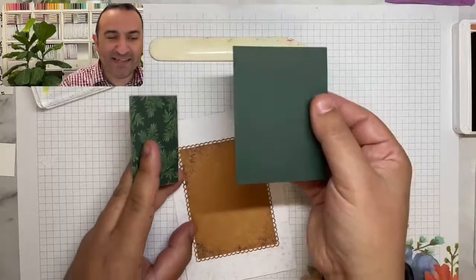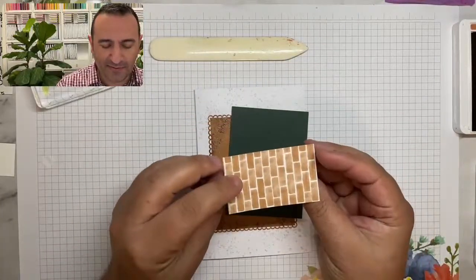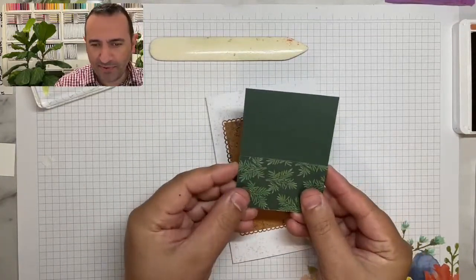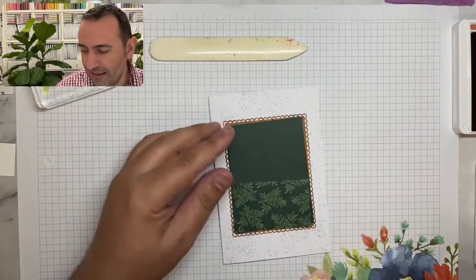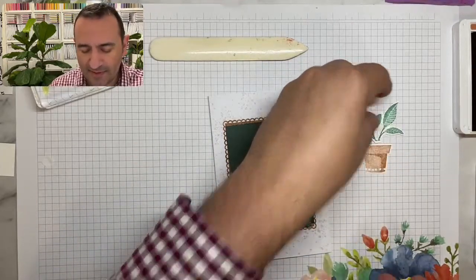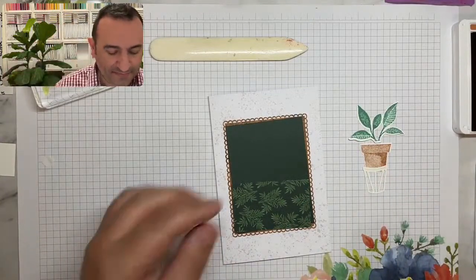So, I'm going to use this piece that I cut earlier that we didn't use. And I have this piece, which is also from the design. It's the back of the brick pattern. And that looks pretty cool, doesn't it? Yeah. Now, earlier, you might remember that I got Kylie to cut out so we stamped this earlier. Stamped these pieces and stamped that. So now we're going to use it. Aw,